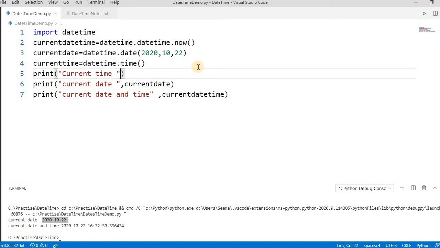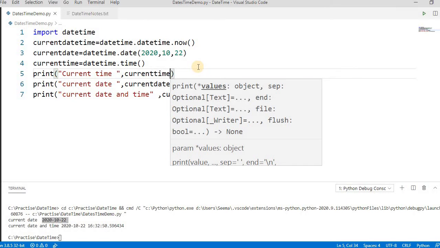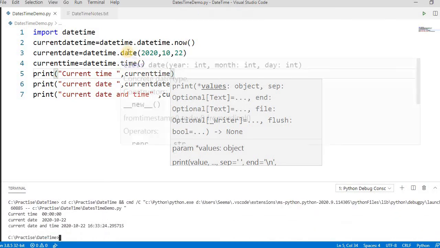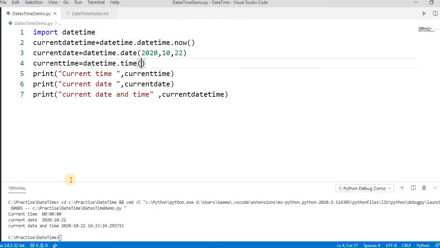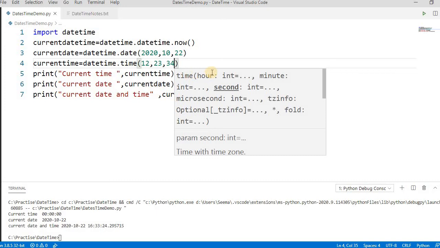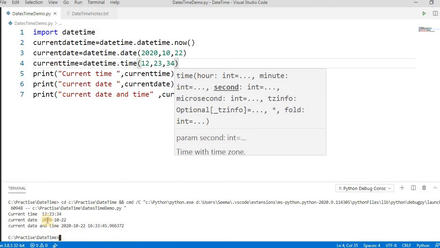If you don't pass any parameters, it will by default give 0 0, but date and datetime require 3 parameters, otherwise it will give an error. If we pass something like 12 hours, 23 minutes, 34 seconds, see here it's giving hours, minutes, seconds and microseconds. Time zone is optional, you can pass it, but it's optional again.